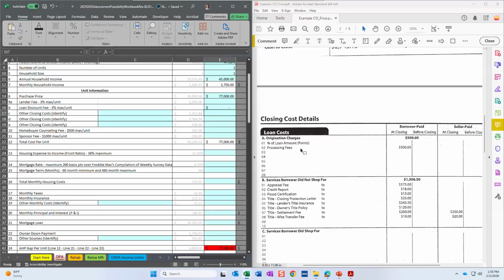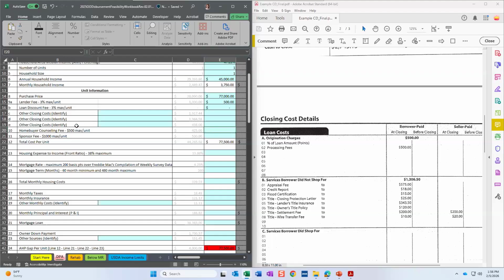We just have loan fees. So we have $500 in total in loan fees. Again, we're going to take the total for the AHP program. Your lender fee is going to be the total in section A less the amount that is put into the discount fee line. So this is just the total 500 for this one. I'm going to skip the other closing costs for a minute and come back to it just because it makes a little more sense in my head this way. But again, feel free to do this however you see logical when you're filling out this workbook.